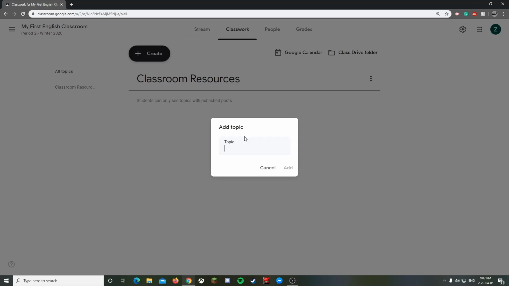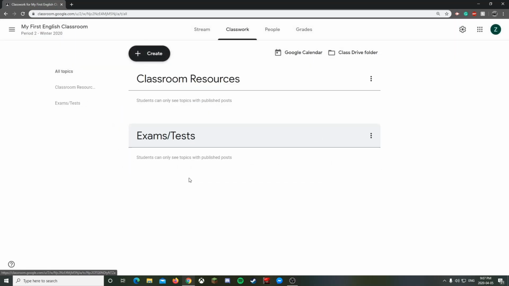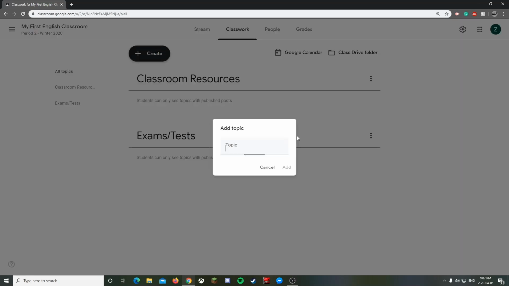And then for other sections or other topics, there's generally a few different ways to do it. You could separate it by unit. So you could do unit 1, 2, 3, 4 and have everything for that unit in that section. You could do assignments and exams and projects and separate it by essentially the type of marked item or the type of resource. You could do a bit of a hybrid approach. So you might want to do exams, assignments,